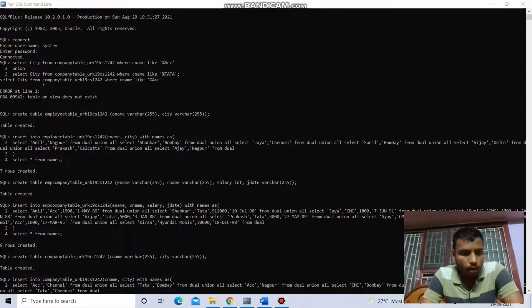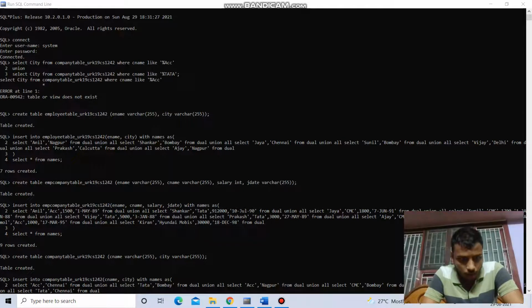Then create the employee company table with the register number, ename varchar, cname varchar, salary int, and jdate varchar, and the table has been created.